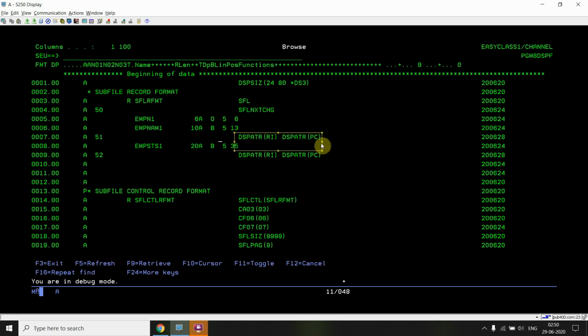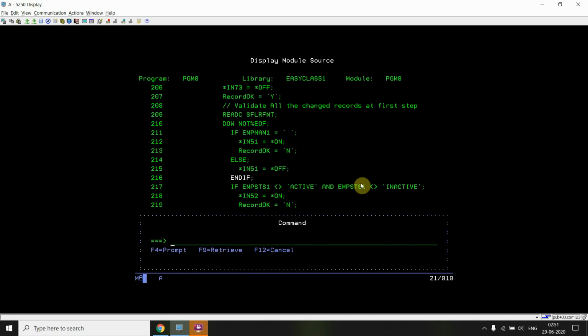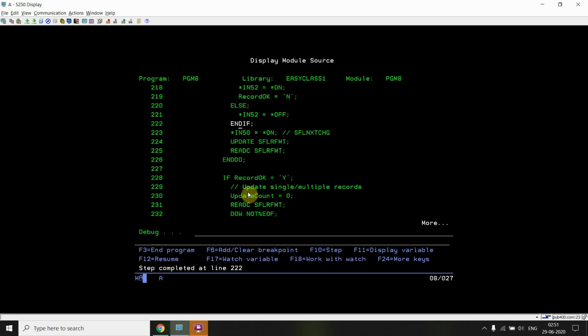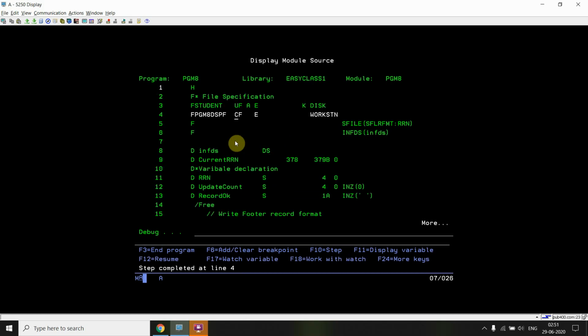So we are setting this reverse image or position cursor as off, so it won't position to this one. Now if we see employee status is not active or not equal to blank, it will set 52 as on and record OK is no. So the record is not OK, so it will update the subfile format.